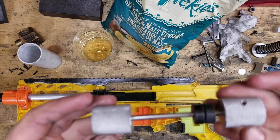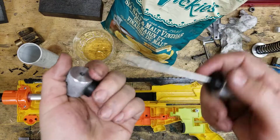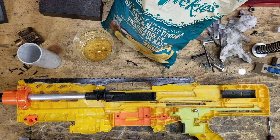Oh, last piece. It's just like an X Prime clone that I made, and it's just some knurled knobs with a thing, stainless. But yeah, I hope you enjoyed another installment of my Longshot collection, and I hope I can